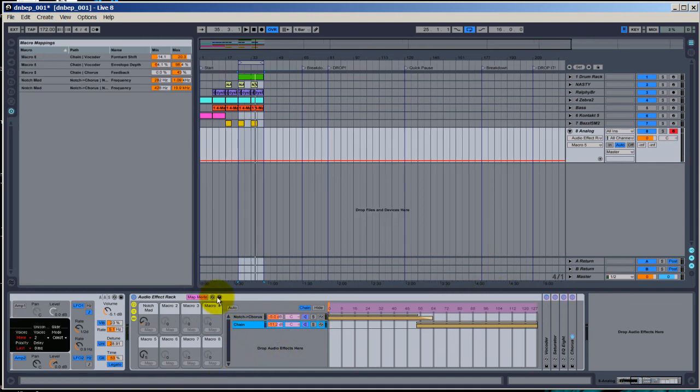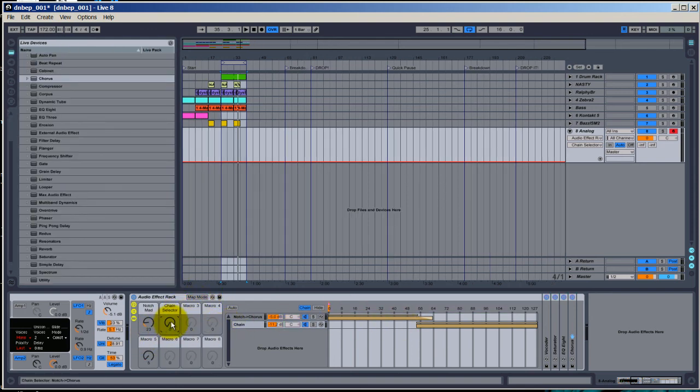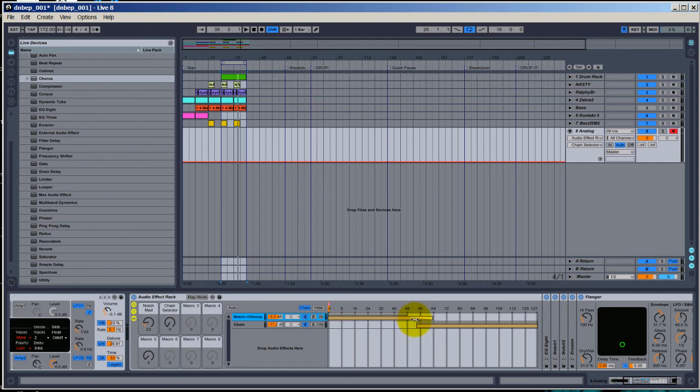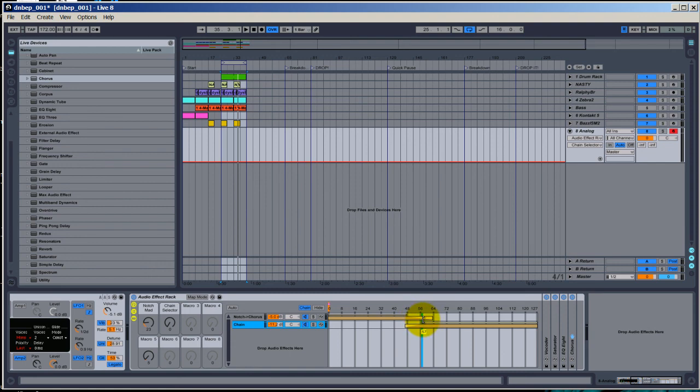Now, if we go into map mode and then we grab this little orange guy right here, we can map him to there. Now, as you watch in chain, see how these two will. I am going to move this back a little bit more though. Alright, I think